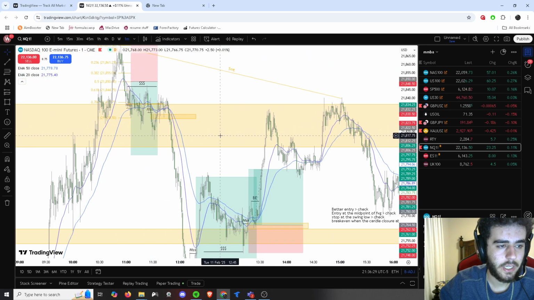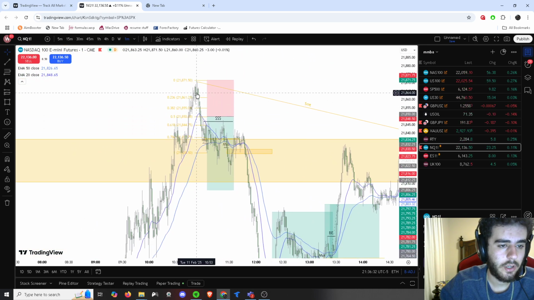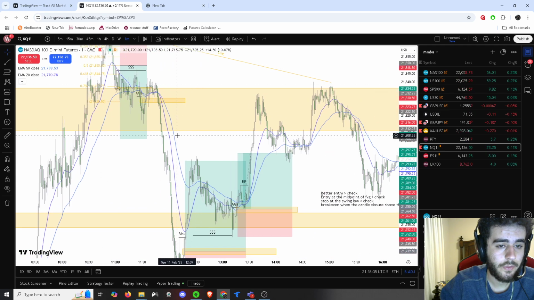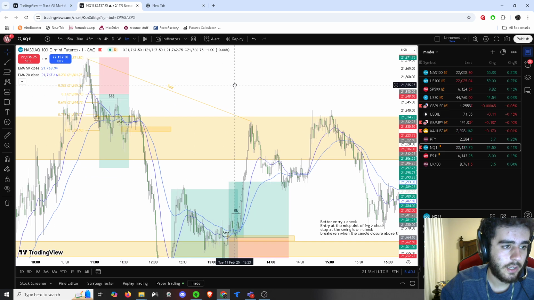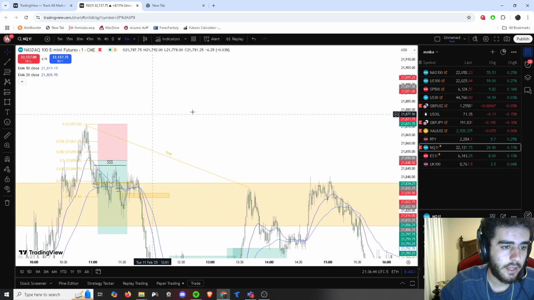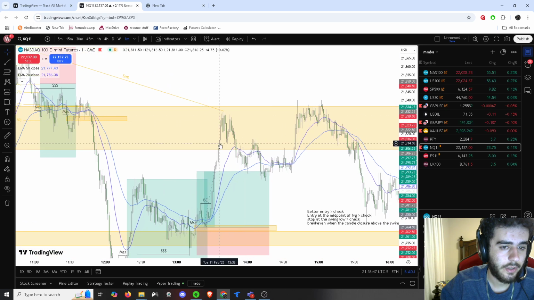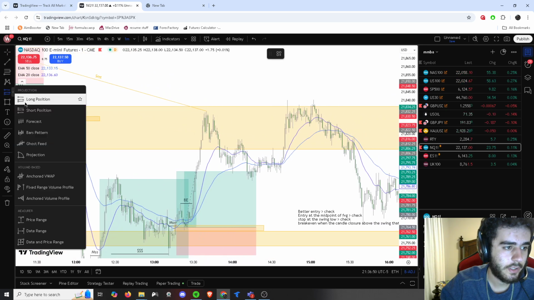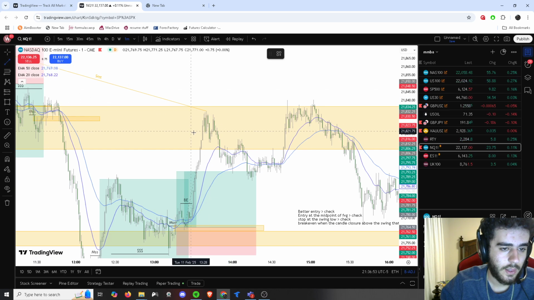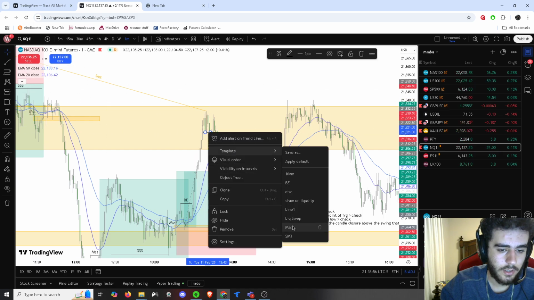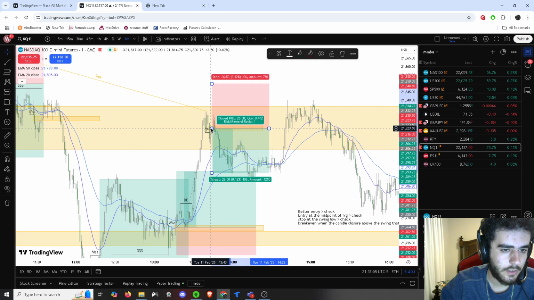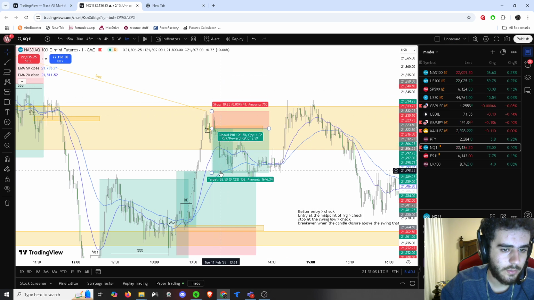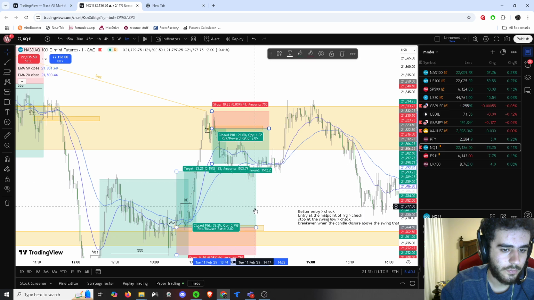Cool. Again, we did not close above this gap, tapped into it, had an SMT right here. There was an SMT. Again, what do we say about SMTs? ES took this high. That will push this price down. We're looking for sells simply right here after this market structure shift, and this shorts right on this fair value gap, entry, short. Stop at the swing high with the SMT, target a 1 to 2.